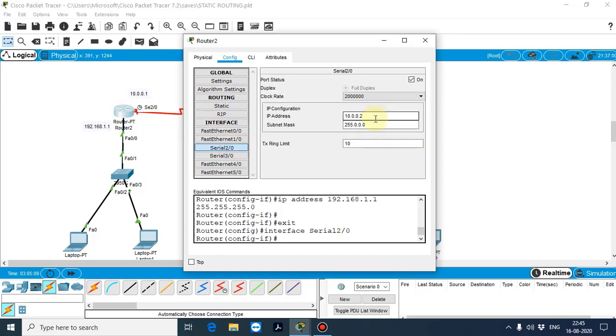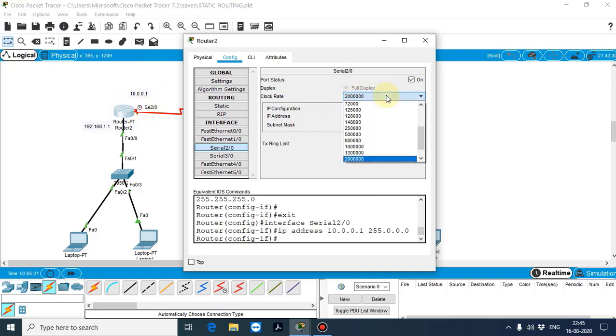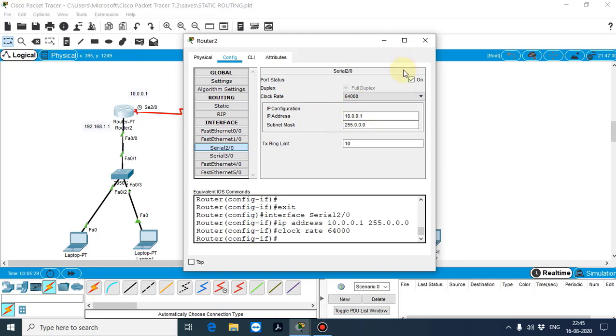Click on serial 2/0, 10.0.0.1, okay. Since this router requires a timer, we can define the clock rate also. You can define any number of clock rates. For my convenience, I'm going to use a 64,000 clock rate, right?